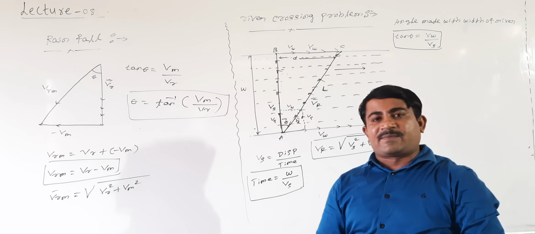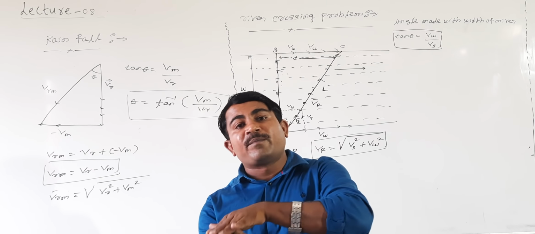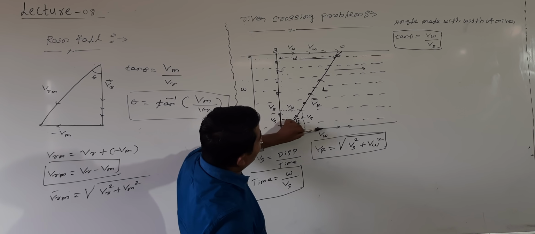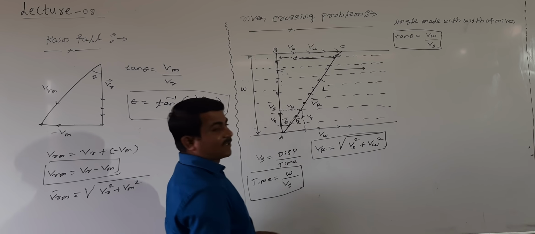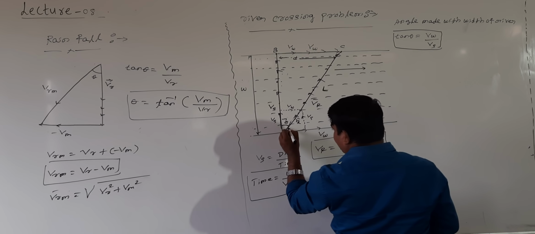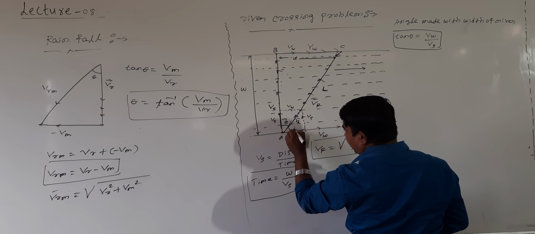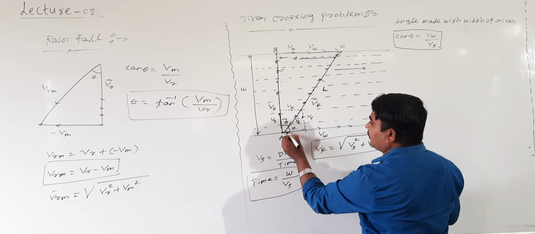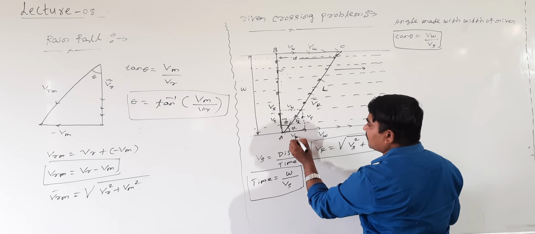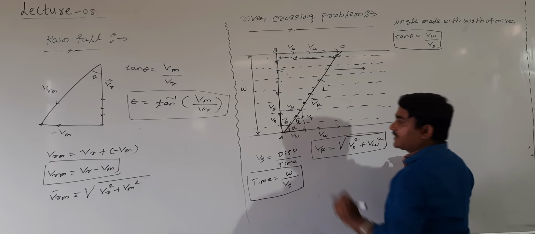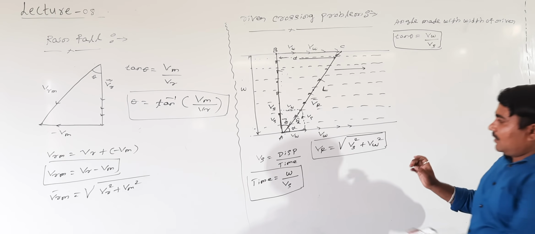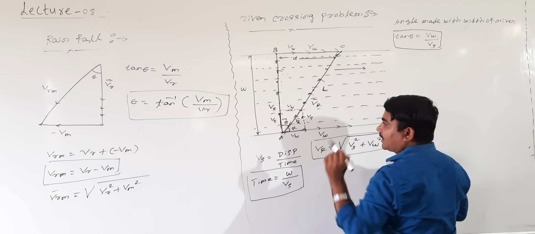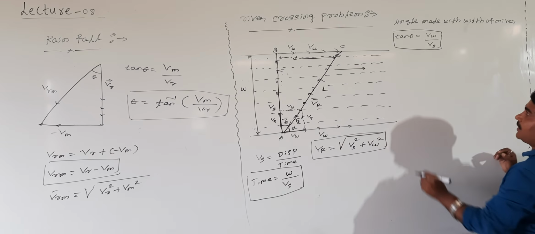But here one more angle is available: the angle made with the flow of the river. Actually, in what direction can the river flow? In this direction the river can flow. Are you following me? This one represents the angle made with the flow of the river, alpha. In this direction, river flow is there. This is equal to VW. Both are the same. This geometry looks like a triangle.